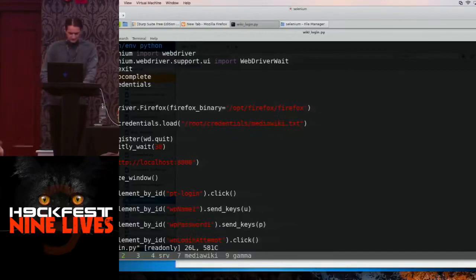Okay, so really quite simple. Just basically four or five actions. After getting our localhost, we're going to maximize the window again. It's a method of the WebDriver object. We click on the pt-login, and we've used the same method with the DOM inspector to find the element ID, wpName. We read the username and password from this file,